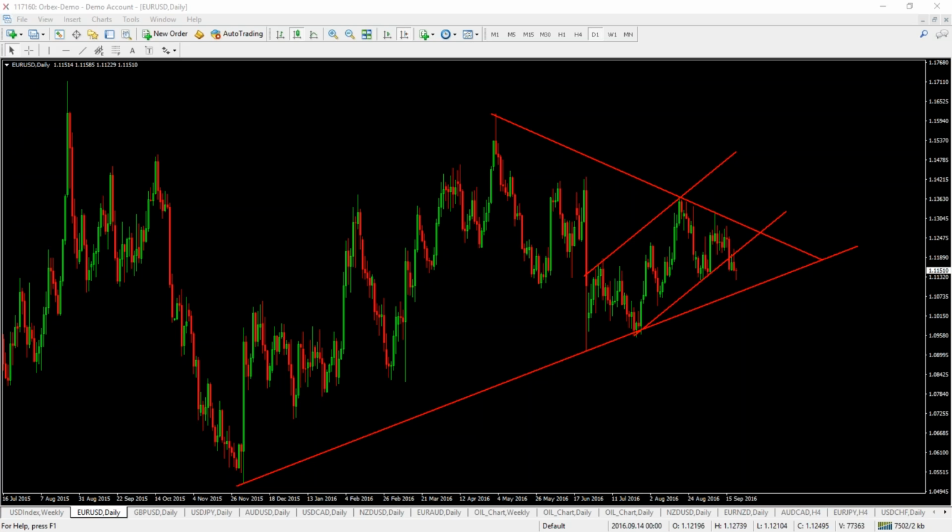And again, we have some really good trend line analysis here which can help us get a gauge on the directional bias in the euro dollar. Of course, the first thing to point out is that we have this contracting triangle pattern in play. You can see we have this longer term bullish trend line running from the November 2015 lows, and then the bearish trend line running from year-to-date highs. This contracting triangle pattern is a very clear sign of congestion and consolidation in the market, potentially outlining the likelihood of a breakout.